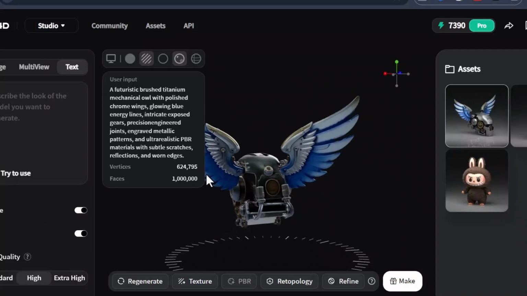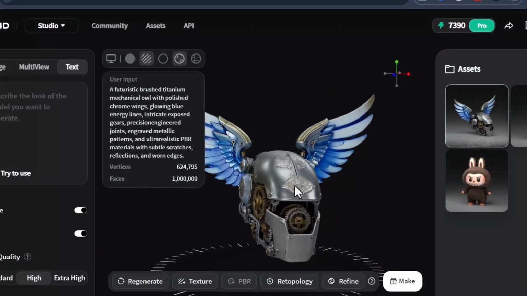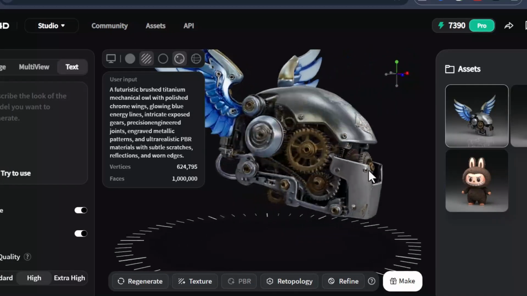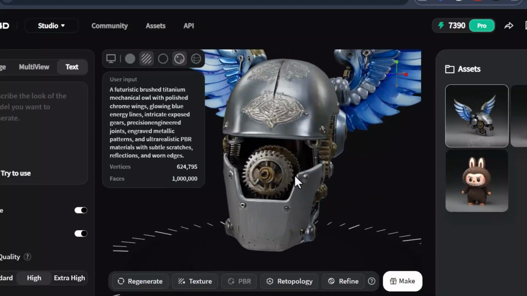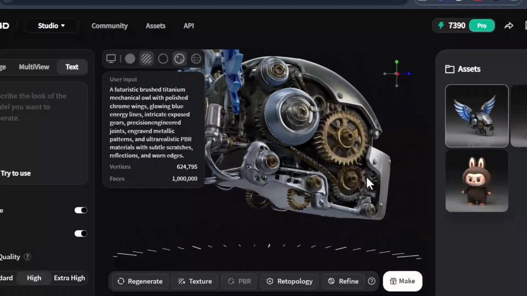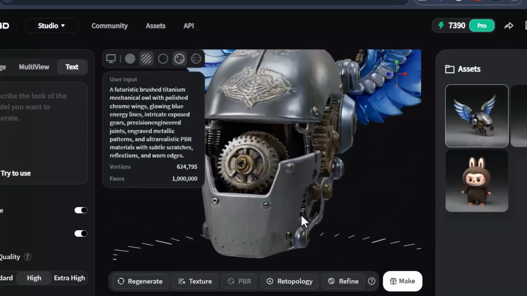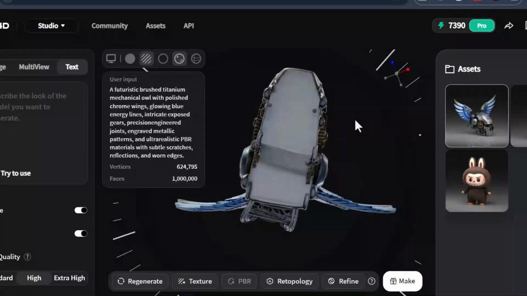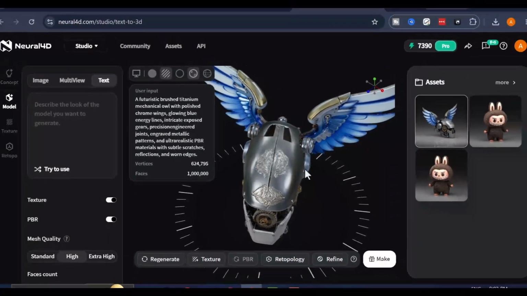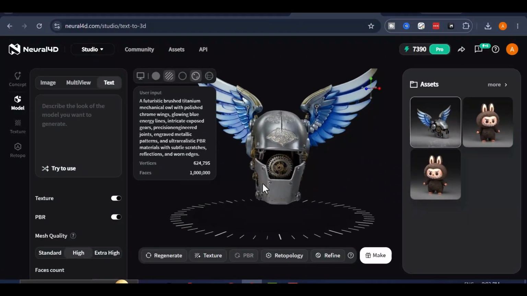After about a minute, the result is ready. Take a look at this. The level of detail is genuinely impressive. The metallic surfaces look clean and realistic. The reflections and material finish are well defined, and even the smaller design elements have been captured beautifully. This model has a very polished look, and it's amazing to see this level of quality generated from nothing more